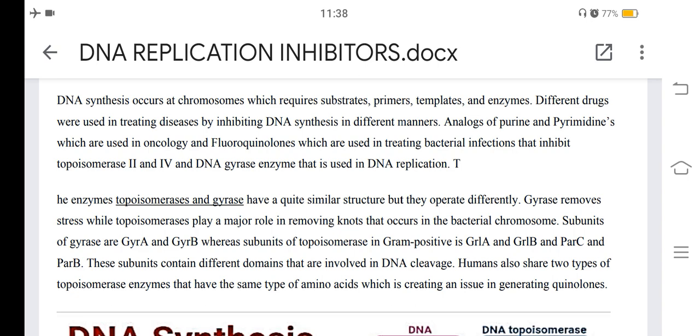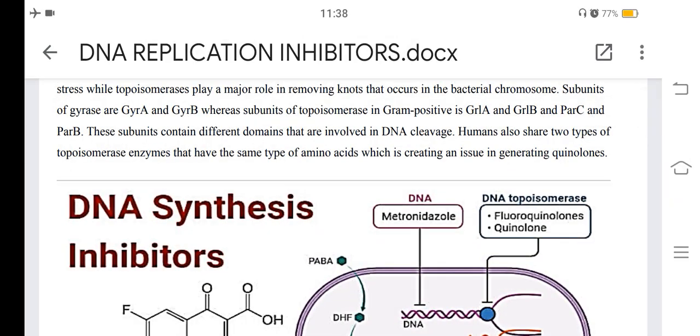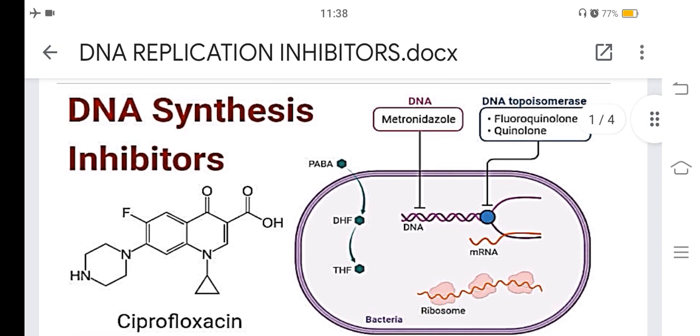Humans also have two types of topoisomerase enzymes that have the same type of amino acids, which created an issue in generating quinolones. Then DNA synthesis inhibitors,